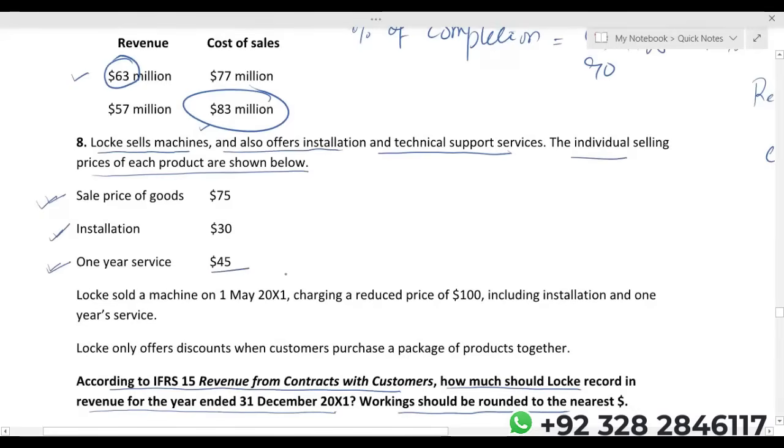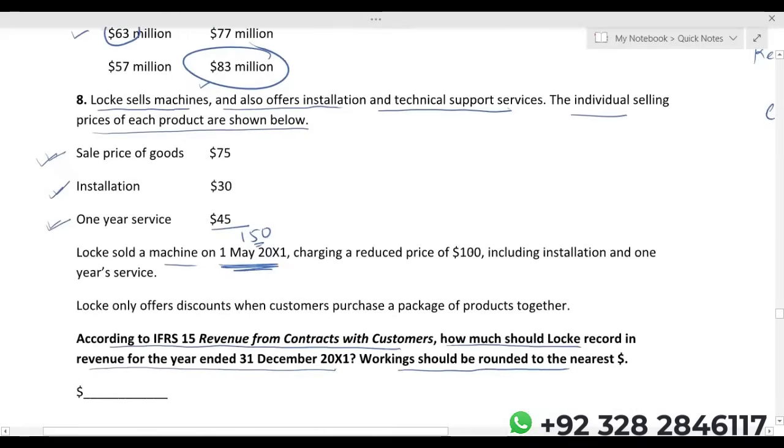If you add all of them, 75 plus 30 plus 40, we're getting 150. Locke sold a machine on 1st May X1, charging a reduced price of $100, including installation and 1 year service as well. So there's a really big discount. Locke only offers discount when customer purchases a package of products together. Fine. According to IFRS 15, how much revenue should Locke record in revenue for this